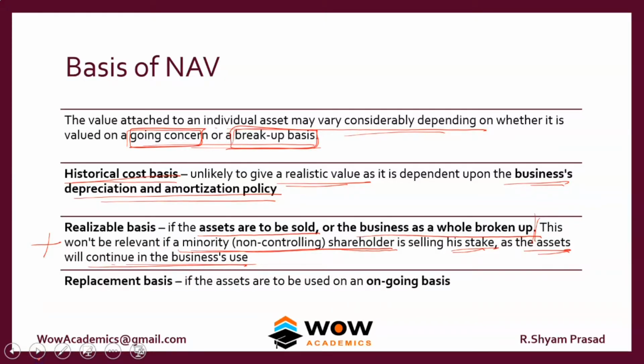And third is the replacement method. So assuming that the business is going to be continued but based on a new set of assets. For example, we constructed a factory a very long time ago, and it is now worth only 100 crore. But to create a new factory with similar capacity and similar operation will take 200 crore. So we can say that the company's value is between 100 and 200 crore, because if you want to create a factory now, it's 200 crore. Again, this method is very subjective.